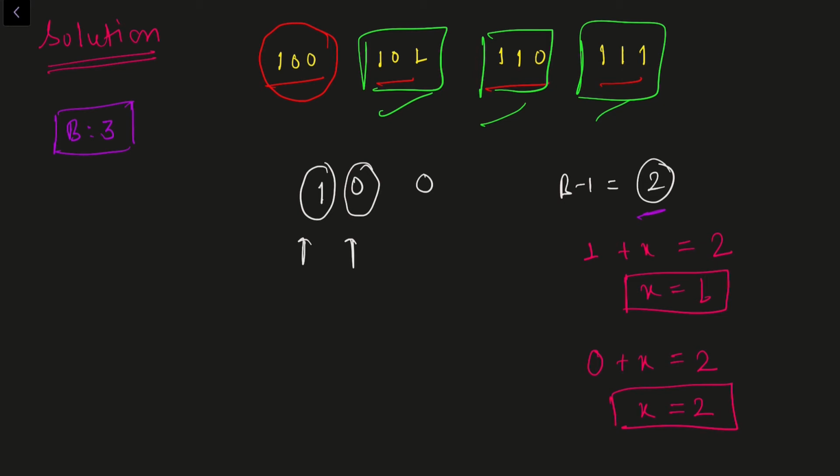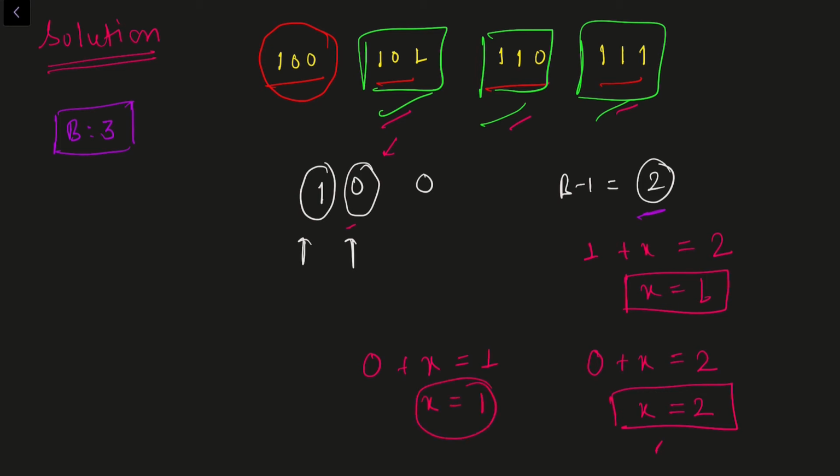So I'll try to find among all the candidates that I have selected, do we have any candidate which has 2 at its second place? So I'll see that I don't have any candidates, right? None of them have 2 at second place. Okay, fair enough. That means we cannot make our second digit equal to 2. Now since I cannot make 2, I'll try to make 1 at first digit, right? So what is the value I'll add to 0 so that I can make 1? So that is 1 obviously.